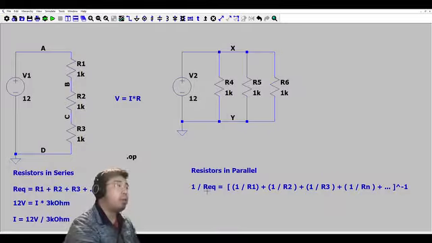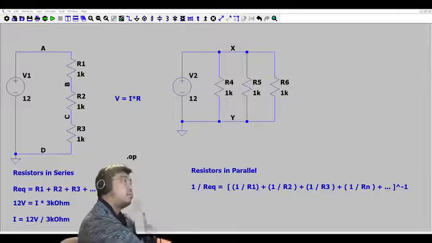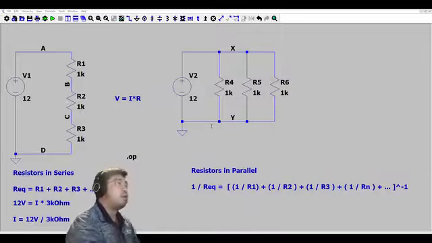When we find the equivalent resistance, the way you set up the equation is 1 over R equivalent equals the entire quantity of 1 over R1 plus 1 over R4